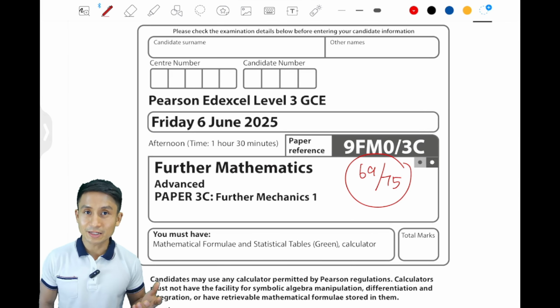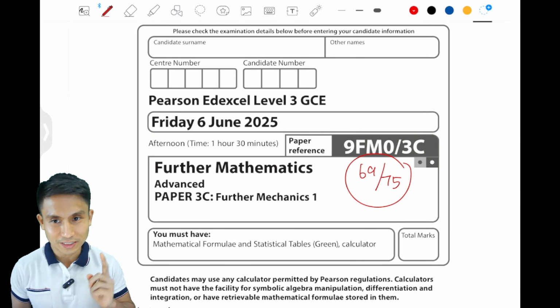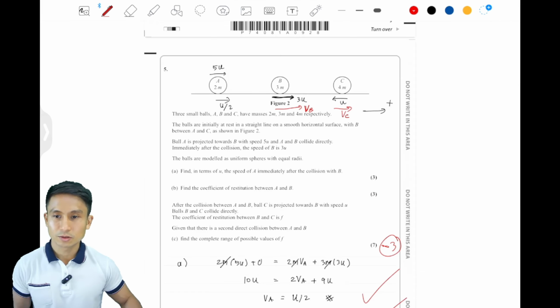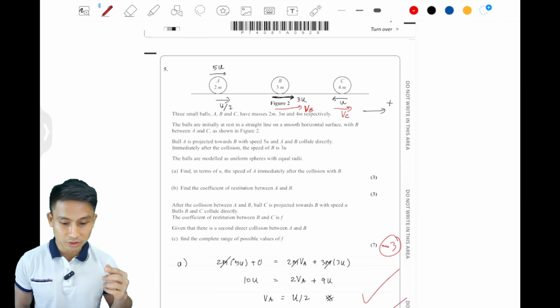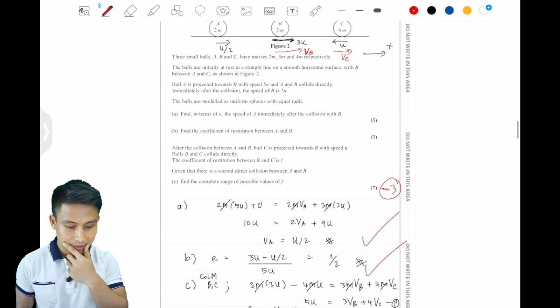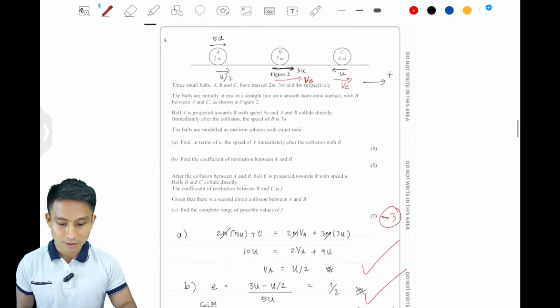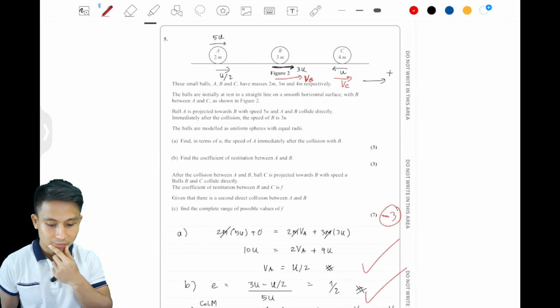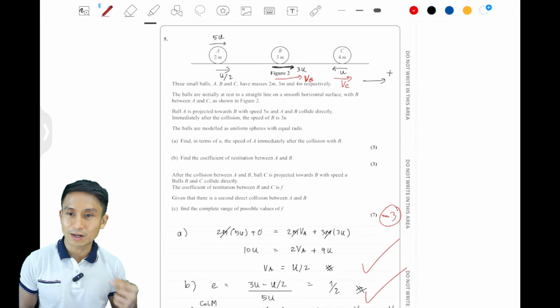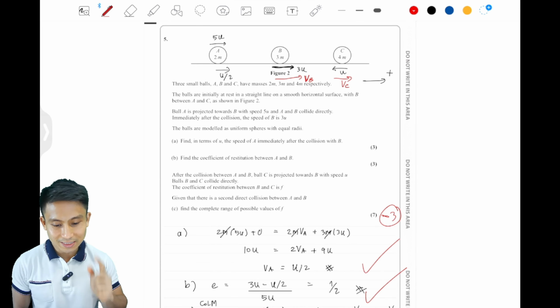Yeah, okay guys, I've marked the paper and I lost 6 marks here. Let's go through them. So the first one is on question 5. Yeah, so it's on part C. Find the complete range of possible values of f, right? So I did say that